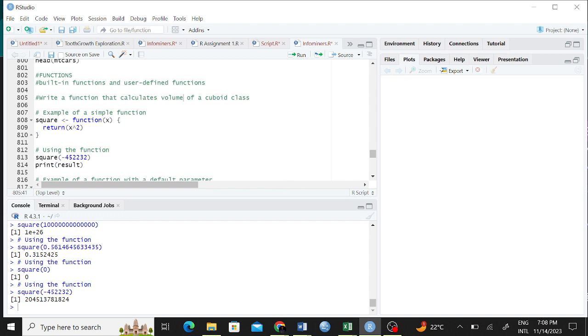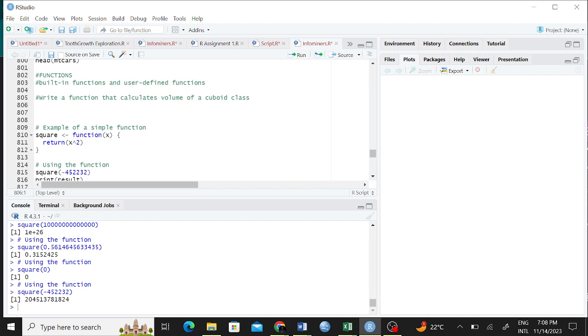So basically, that is how you'll write a function that calculates maybe the volume of a cuboid. Imagine every time you're working on a project that is calculating volumes here and there, every time you have to calculate the volume of a specific instrument or whatever you're working on, you have to be writing that code afresh every time, right?